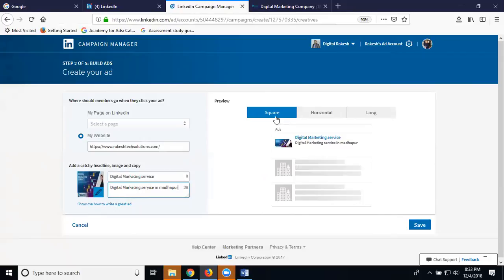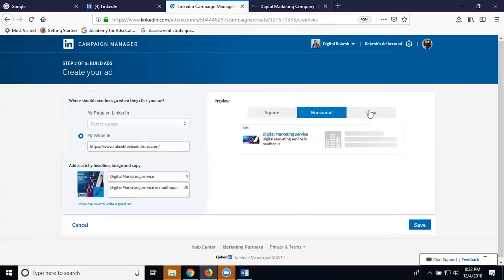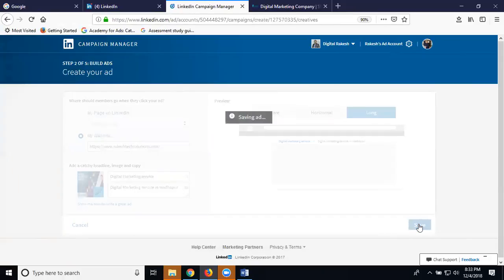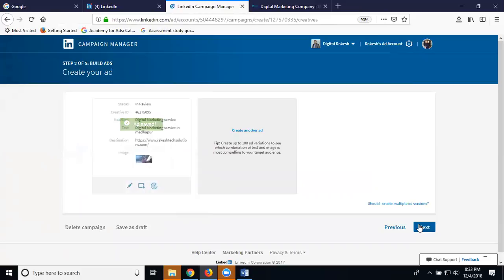Then one is square, horizontal and long. You can display a total of 3 types. Click Save. So the ad was created. This is called my website ad.